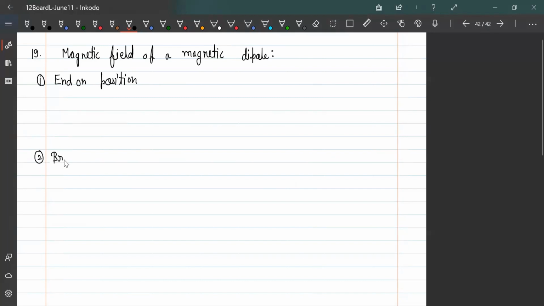This is the broad side on. So end on position मतलब मैग्नेट के लेंथ के अलॉन्ग, that is the end on position. सेंटर से जो लेंथ लेते हैं that is your r, और मैग्नेट का लेंथ ले लेते हैं 2l. So इस केस में जो मैग्नेटिक फील्ड आता है that is